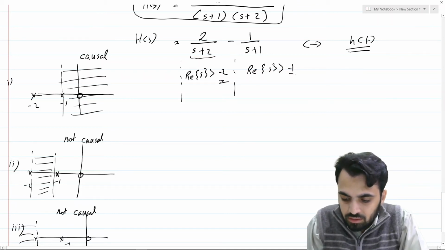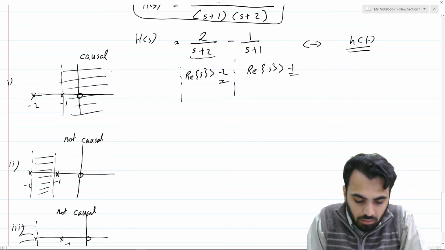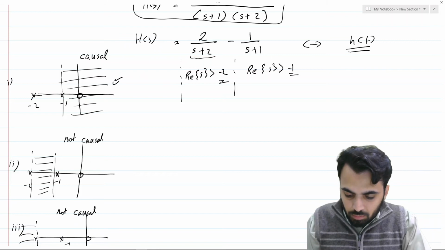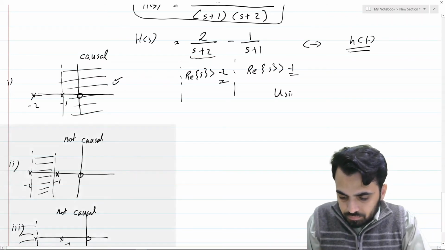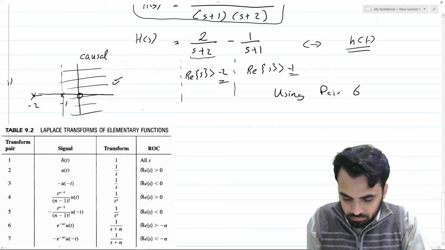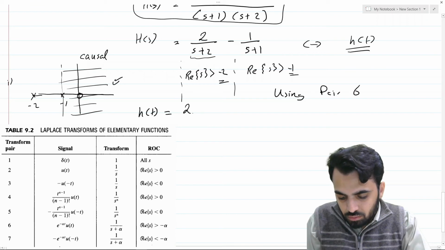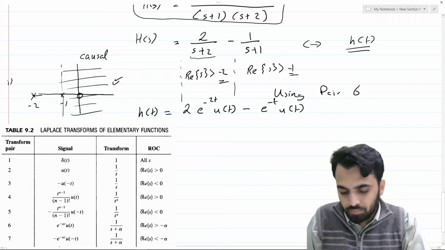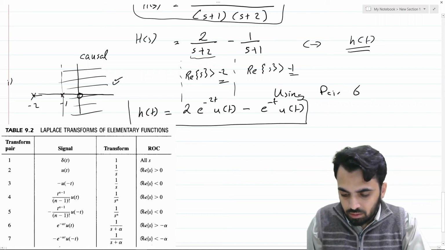So in this case we have this ROC which is mentioned over here. Therefore, using pair 6, h of t would be equal to 2 times e to the minus 2t u of t, minus e to the minus t u of t. So this is our impulse response,